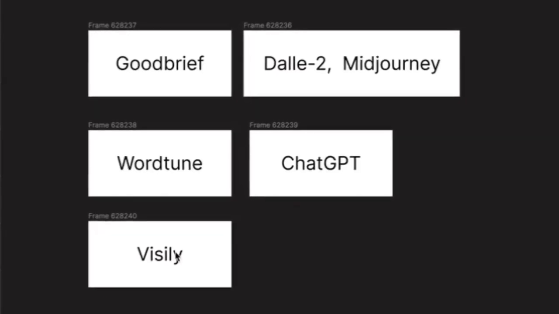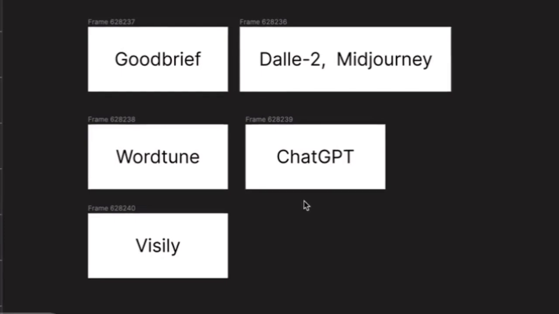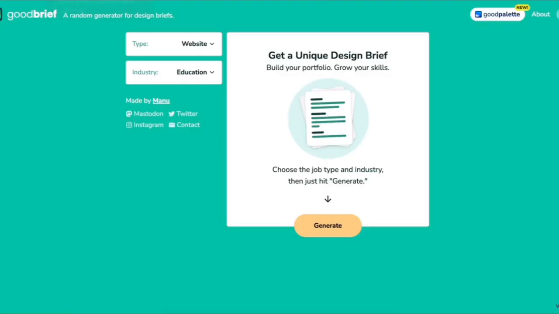Hi, I want to show you how to utilize these AI tools in your design process. We're going to use this to design a digital learning platform from start to finish together. Let's get right in. First step is to generate a brief using GoodBrief, and this can be used for websites